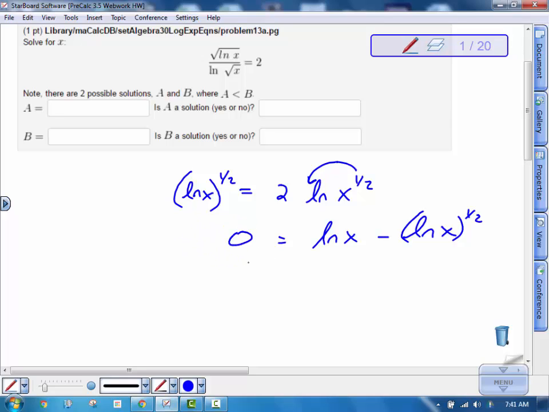equals 0. Now, this is the tricky part, but if you imagine this is some variable, like imagine that's w, then this would be the square root of w. So if you imagine that this was w squared, then this would be w. So that's the same pattern where you're decreasing the exponent in this way. So I'm going to call